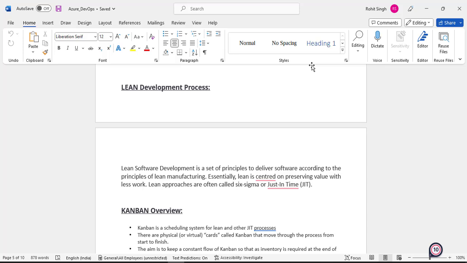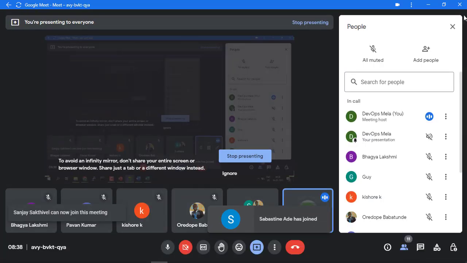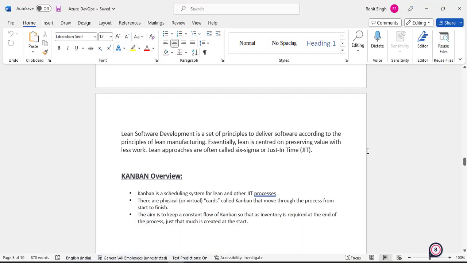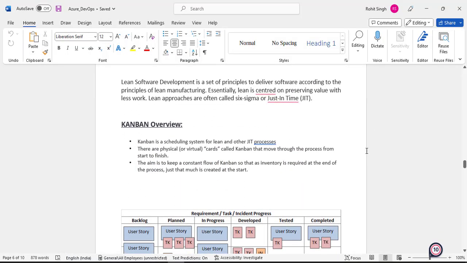Okay, and based on this lean manufacturing, the software guys have developed the lean software development process. Okay, and the whiteboard and the sticky notes which are moving from left to right are known as kanban boards. Okay, this is a kanban board which we are still using nowadays, and we are using these kanban boards at a very high pace. So wherever you go now, wherever you do work item management, you will find this kanban board.